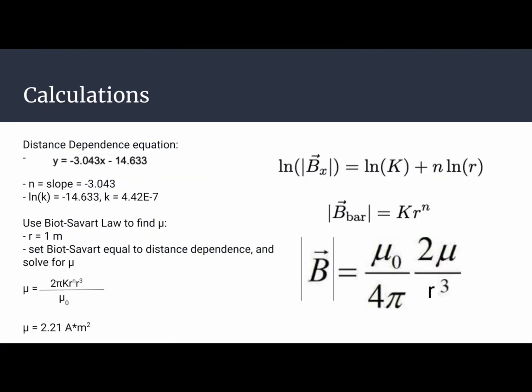Now moving on to the calculations, I found that the distance dependence equation of the graph was y equals negative 3.043x minus 14.633. As you can see by the linearized equation to the right, n is the